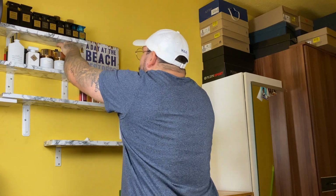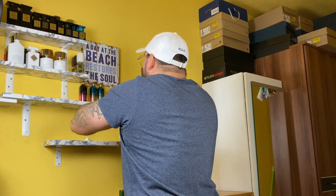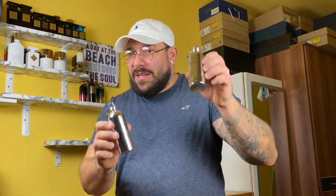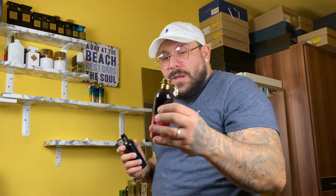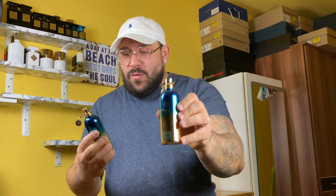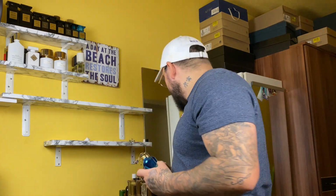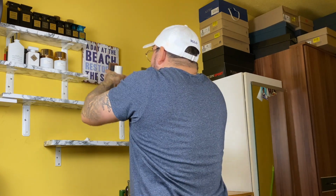Then we have Montale. Just bear with me, guys. We're almost at the finishing line. Vanilla Cake, Chocolate Greedy. So yeah, chocolate and vanilla. Starry Nights, Oud Amazing. And then now we have Oud Lagoon and Tropical Wood. Spring, yeah. I'm coming for you, spring. I'm coming for you. Then, Nasomatto,